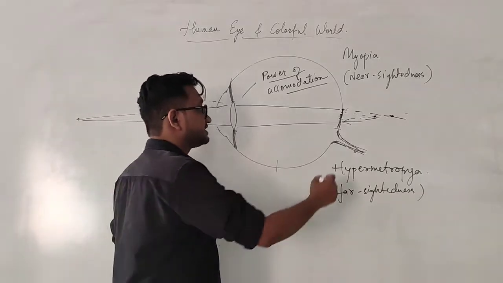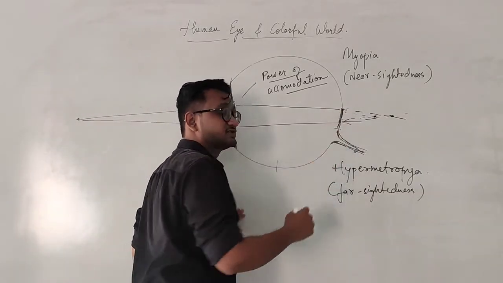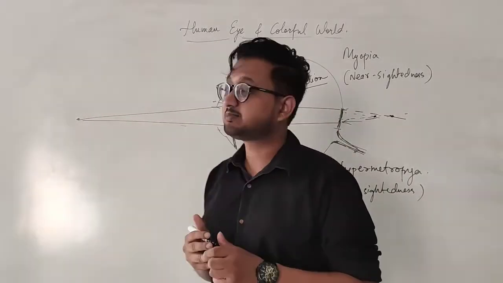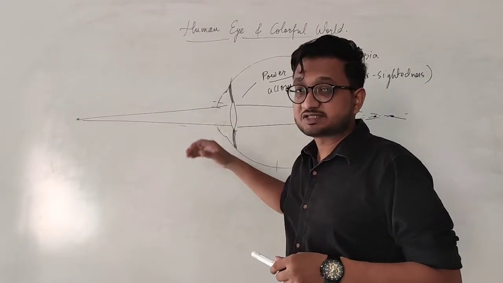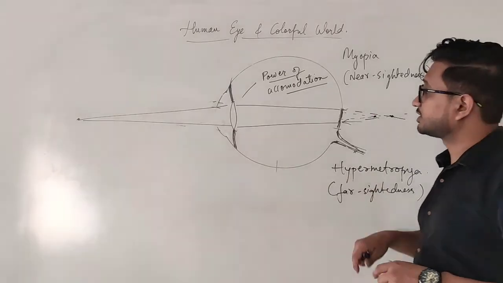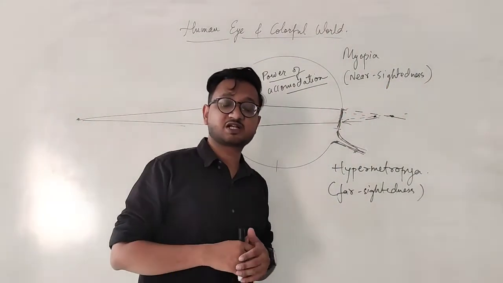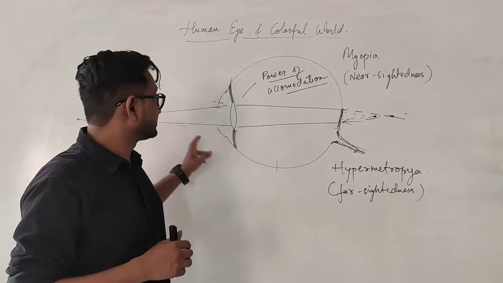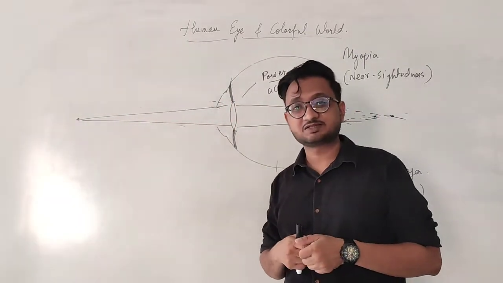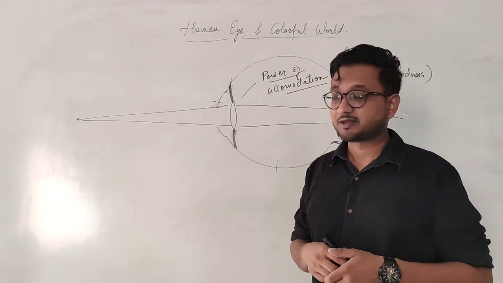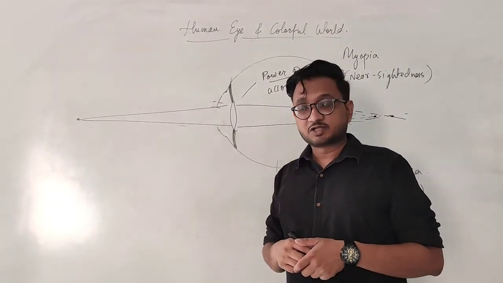And once again you can see that the focus point is not on the retina and so the image will be foggy and blurry. Okay? And that is why this type of disease is called farsightedness, because the person observing a far away object will be able to see it clearly, but the nearby objects will be in trouble and therefore they have trouble reading newspaper or magazines or doing certain work. Okay? I hope it is clear to you, students.